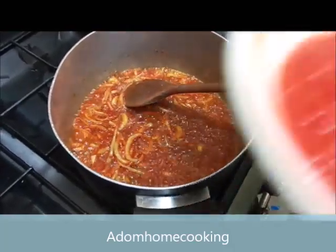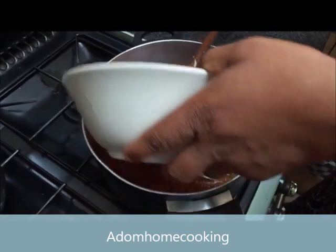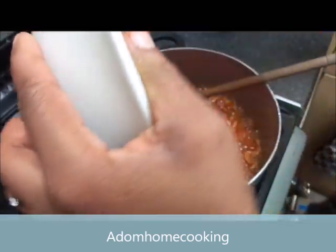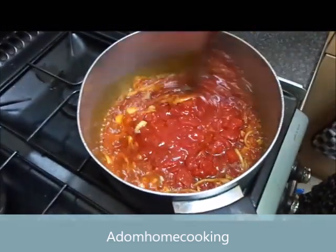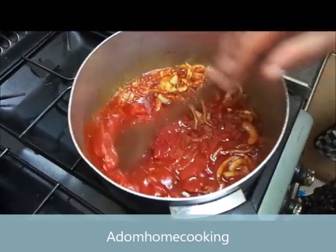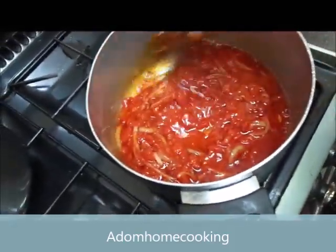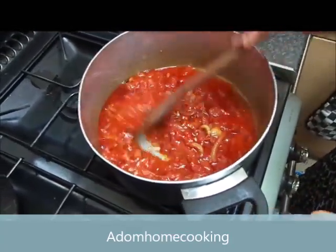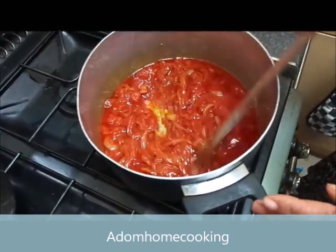And then I add my thin chopped tomato. That's my chopped tomato. If you have fresh tomato, you can just chop it up and add it. Cook it through for a few minutes, about 2 minutes, and then you add your blended